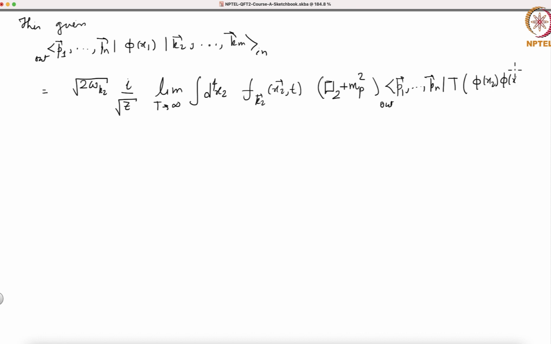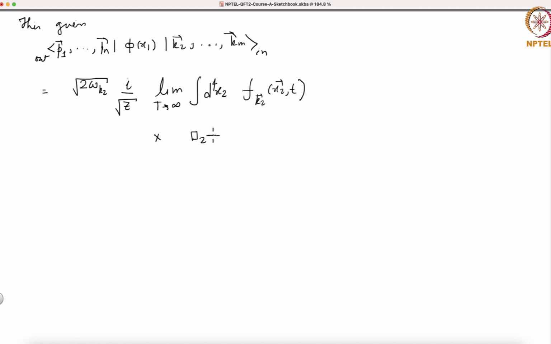I will write that in the next line, times box 2 plus mp square, where mp is the physical mass,